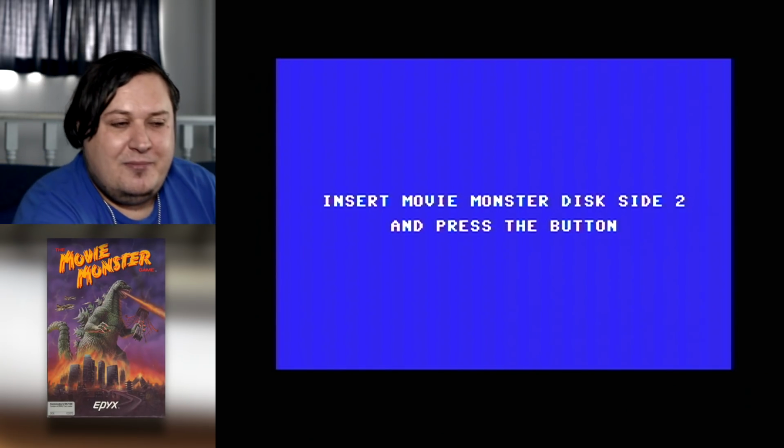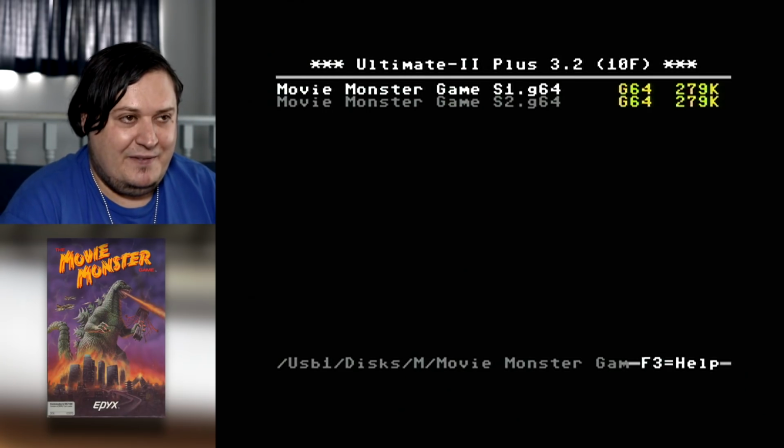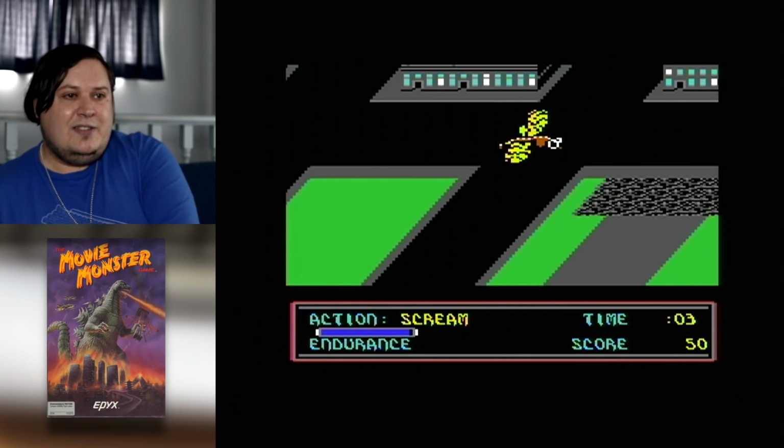Now we load, so unsurprisingly, disc change time. And this is something that gets really fiddly, because you basically need to flip the disc constantly. And if you're playing on cassette, it's got to go through and find the monster, find the city, and load the scenario data. So it gets really fiddly. Anyway, so now...